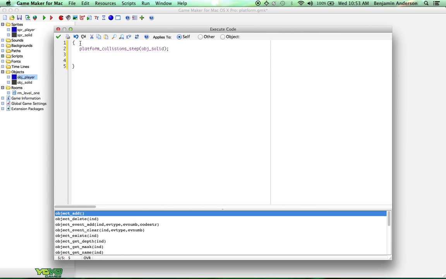So we've got collisions in, but the game still won't do anything because that just checks for collisions, but nothing will actually happen. So first things first, let's set a gravity. I'm going to type this in and then explain it afterwards. We're going to use an if statement. If place free x, y plus 1, curly bracket, gravity equals 0.5, else